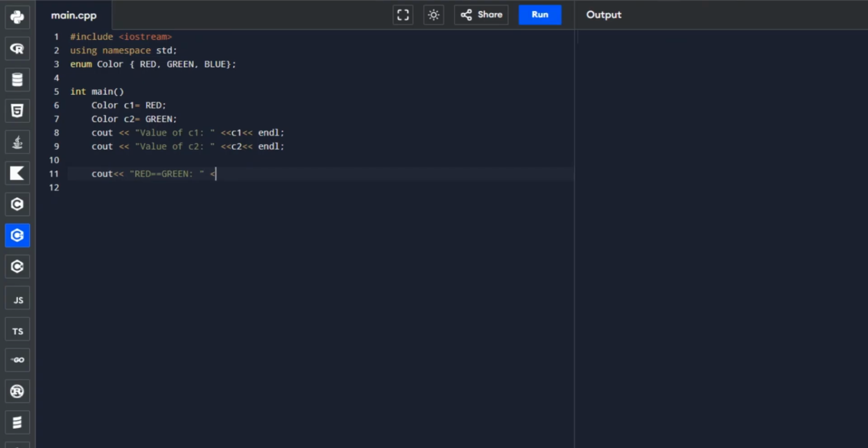In this part we are comparing the values of C1 and C2 to see if they are equal with each other. Okay, we are done with our equality comparison.